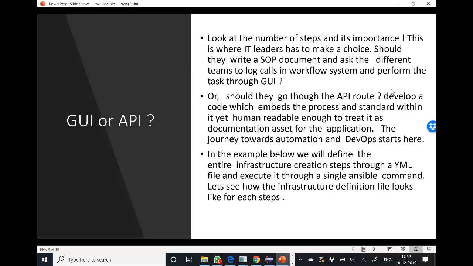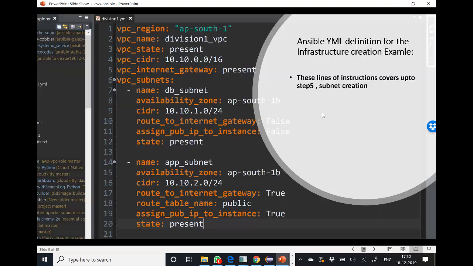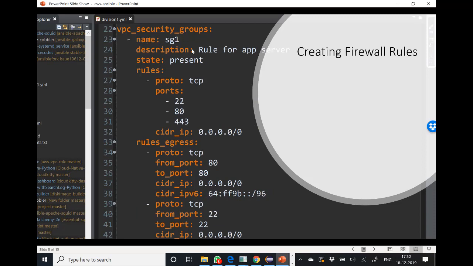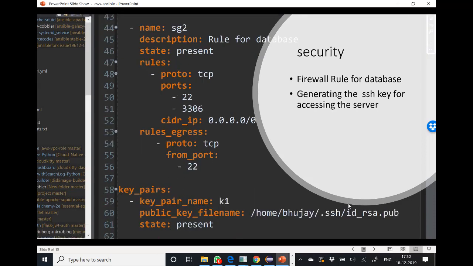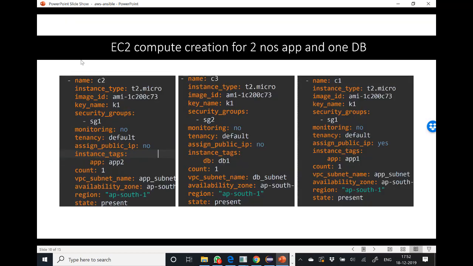So from there we suggested that you come out of the GUI, use the API, and code this infrastructure configuration in the form of Ansible like this. If you are creating a VPC, then define its IP address, the VPC name, and so on and so forth. Then create the security groups like this, defining which ports you want to open. Then create the key pair, and finally